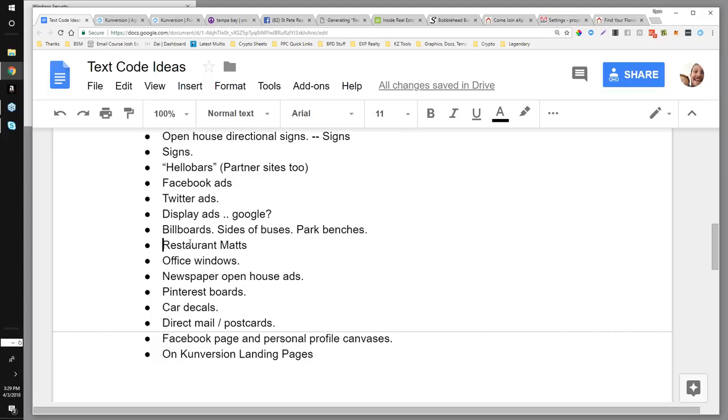Okay, so restaurant mats, office windows. I don't think I have time here, but I was walking around Safety Harbor down here, and there was a broker doing a really, really nice job of this. I think it was Blake Real Estate. And they had in their window next to all their flyers a really nice storefront. It was a highly trafficked area, and they had nice text calls to action. And I meant to